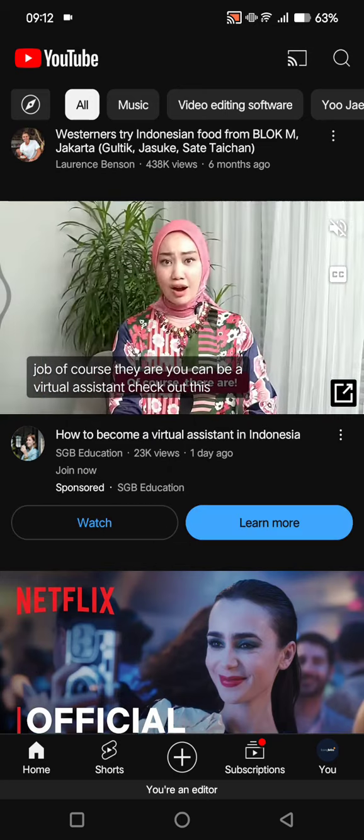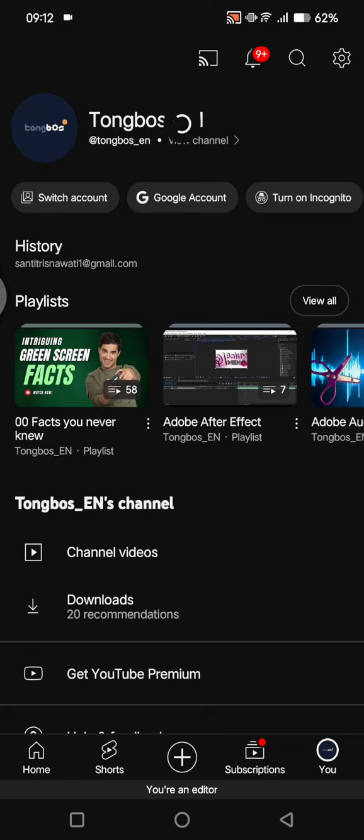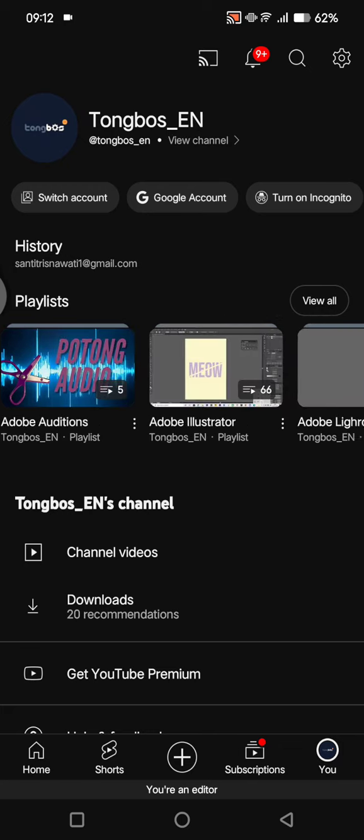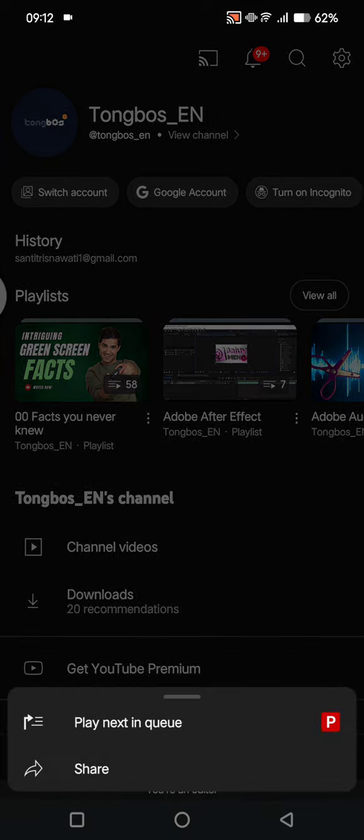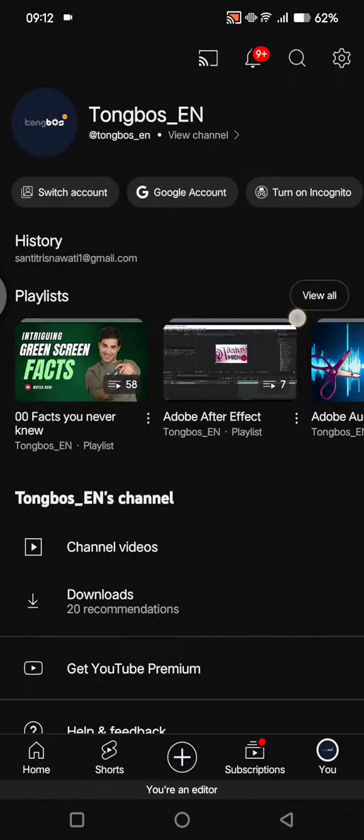So here you can see these are my playlists, and as you can see there are lots of playlists. So if you want to delete, let's try to click on the three dots icon on the playlist. And okay, so there is no delete button. So what you need to do next is just click on view all to see all of the playlists,